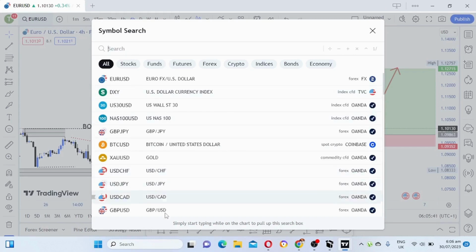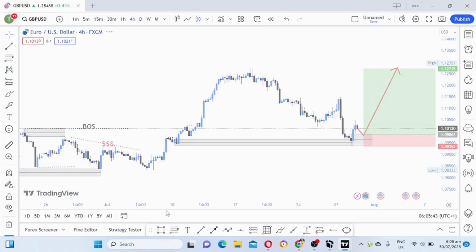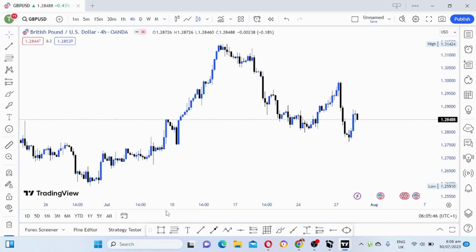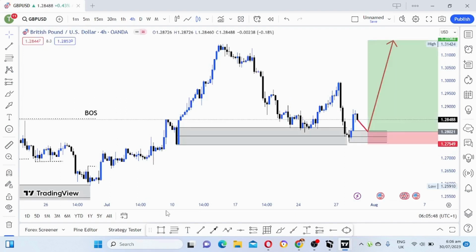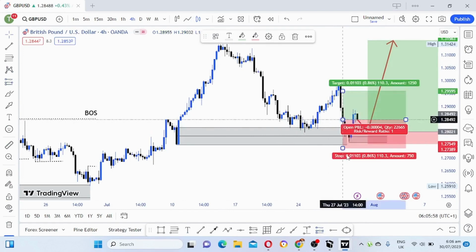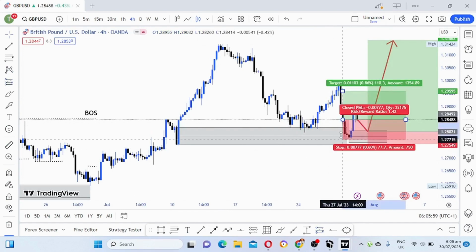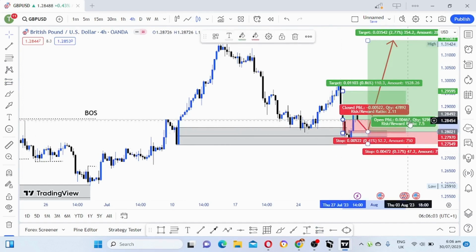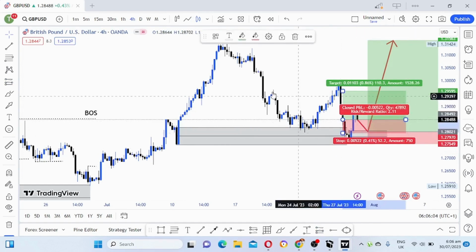Now let's look at GBP USD. Looking at GBP USD, I can see the same thing happening here, because as you can see, I actually had a loss here. I entered a buy here the other day and my stop loss was just below this zone and then I took a loss. I thought maybe, okay, with a change of character here. So this was a fake CHoCH.